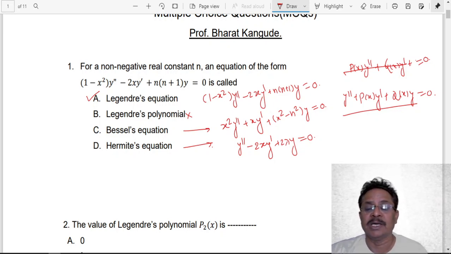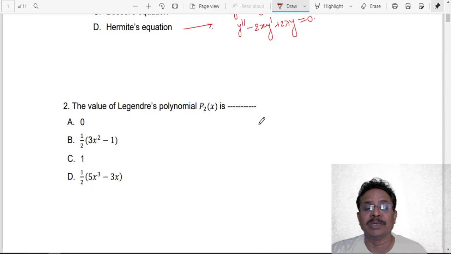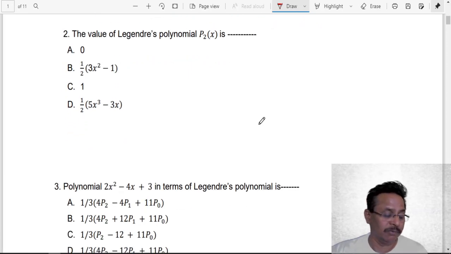All these things have been covered in TYBSc. We are not repeating all these things here, but to understand what this differential equation is and what the forms of other differential equations are, this particular simple question will help you to answer the question as given. So this is one of the very simple questions we have seen here.